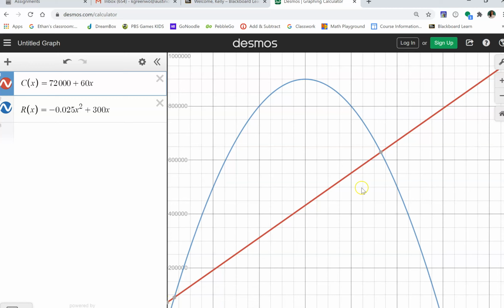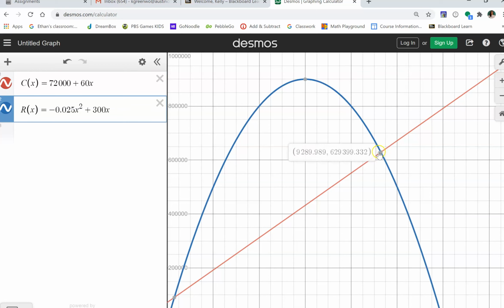You just have to hover your mouse over either point, or you could click on the blue revenue function, and it'll automatically calculate those intersection points in gray. So it looks like the first input would be about 310 saws. Those are yucky numbers. And the other input would be about